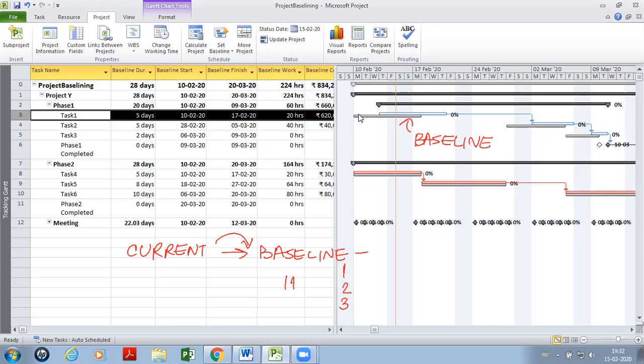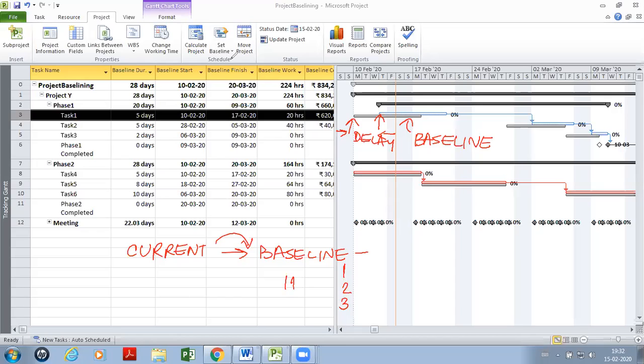So that is my reference. What inference I can draw from here is that ideally I should have started here, but I have started task 1 here. So there's a delay, and for the delay, the reference is provided by this baseline.